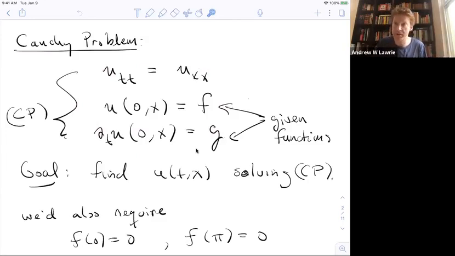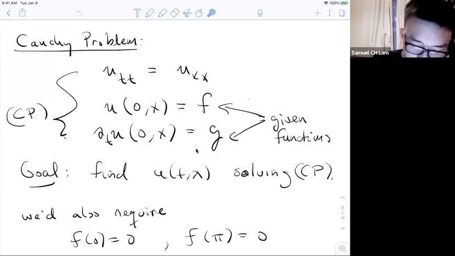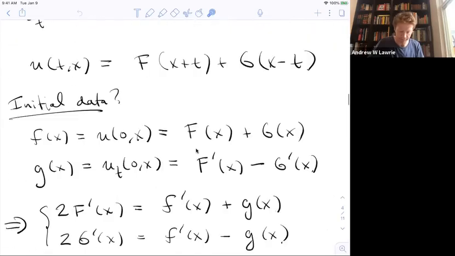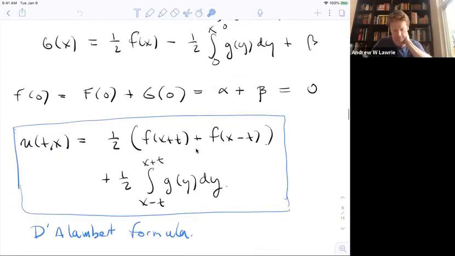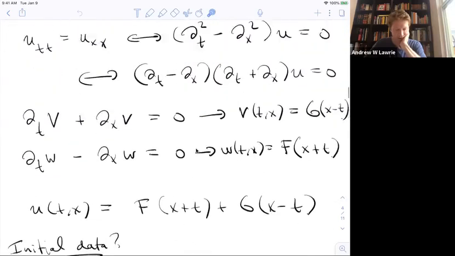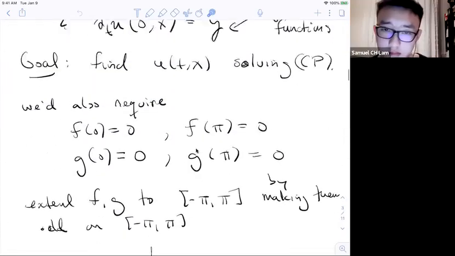I want a function to be twice differentiable if I'm going to say that it satisfies this equation involving two derivatives. And so in that sense, if I just restrict to twice differentiable functions, the solution is unique. As you see from the formula that I wrote down for the solution, well, okay, so it's not clear from the formula, but maybe I want to point out that